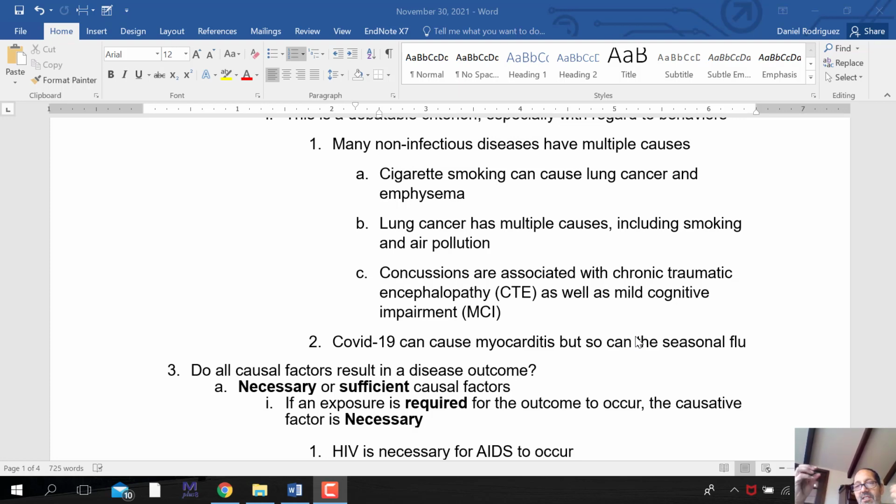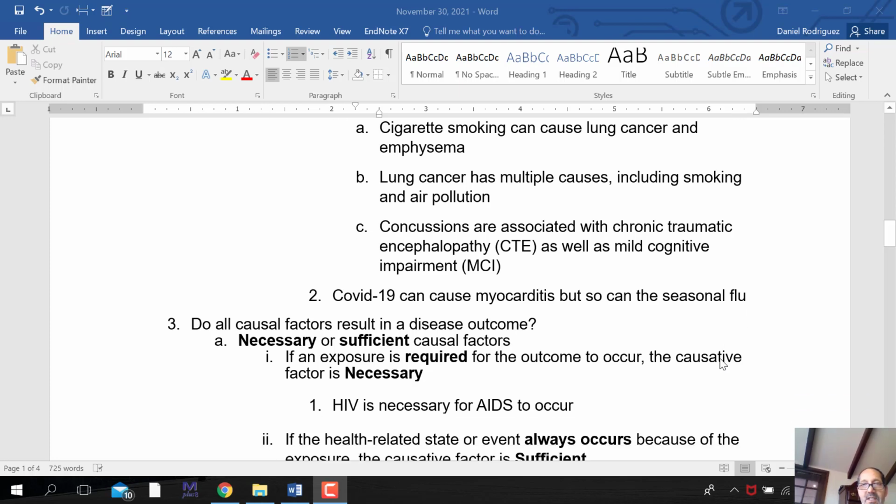That's a leap, what we call an intellectual leap of faith, to make that proclamation, right? Another example is COVID-19. There's this belief that it causes myocarditis. So there was this really big concern, especially for younger people and athletes, that if you get COVID playing sport, you can get myocarditis and you can die, right? But other viruses cause it, including the seasonal flu. That can also cause myocarditis. So it's not a happy thing, but that's not the only